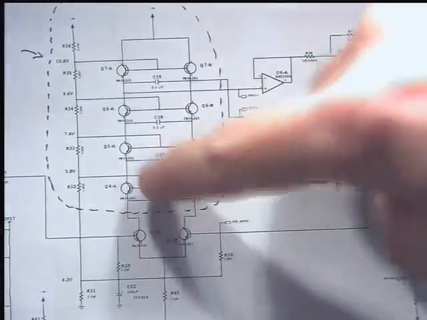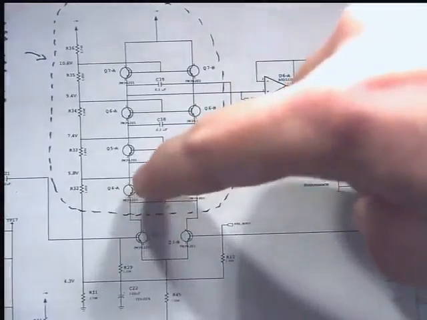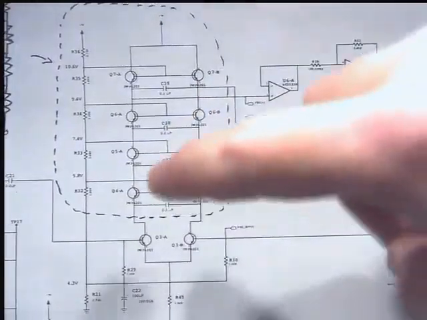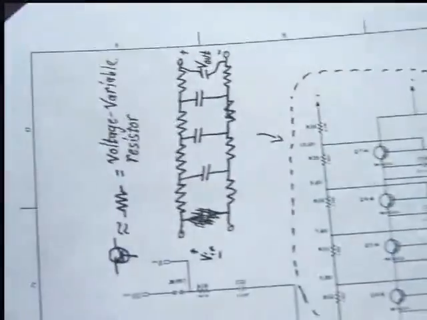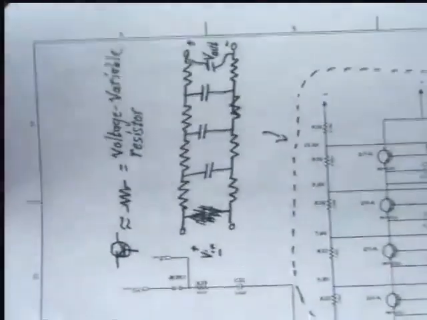And that's being fixed at a certain level, and the control voltage is deciding what that current is. Depending on what level that current's at, that's actually deciding what resistance the transistor kind of looks like, roughly. So I've written out what that looks like here, where basically I've taken the same filter portion, and taken each transistor and replaced it with a resistor. And we know that these are voltage variable.